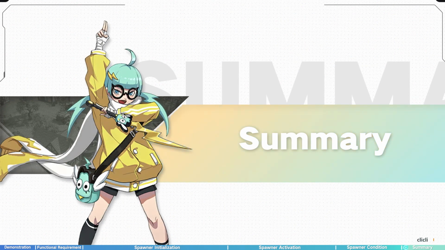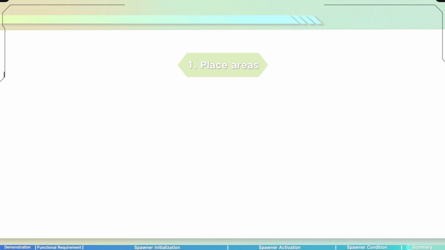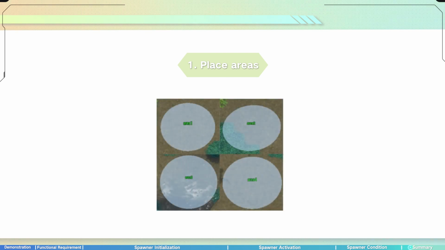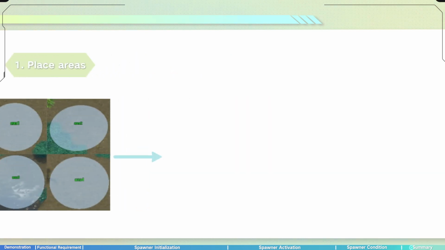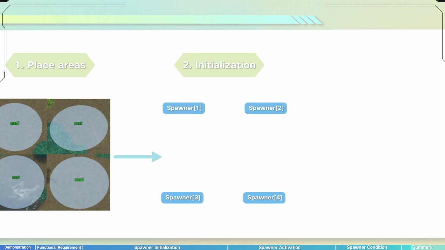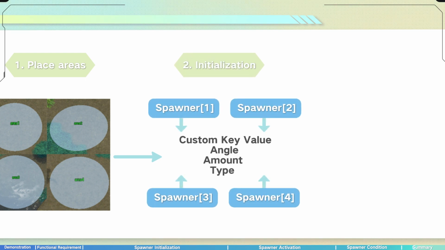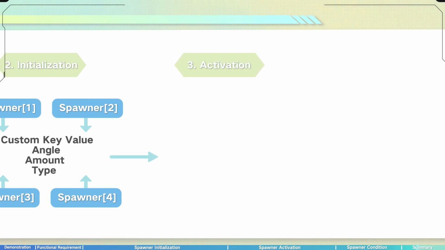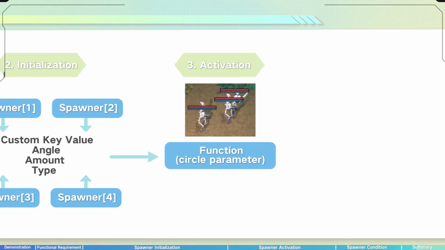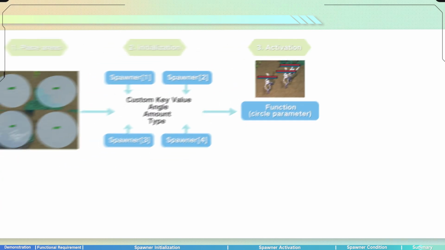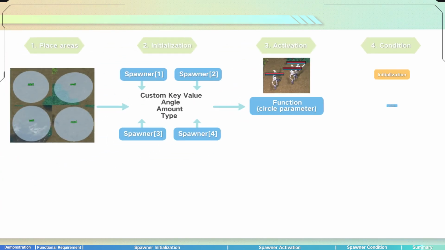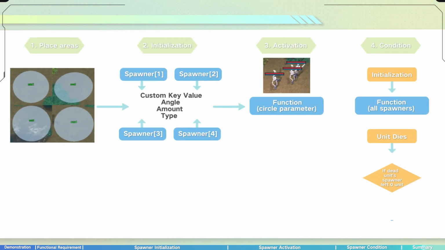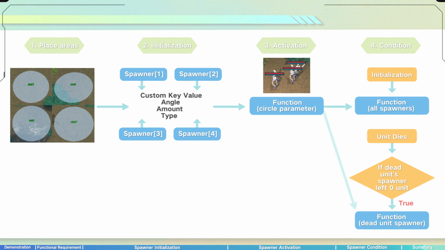Now, it's time to review what we learned today. At the beginning, we placed 4 circle areas on the map. Then, we put the areas into the array spawners and set several custom key values for each of them. After that, we created a function that can spawn enemies with a circle parameter. Finally, we declared 2 events to make sure that when the game starts, all spawners are activated, and when a spawner is